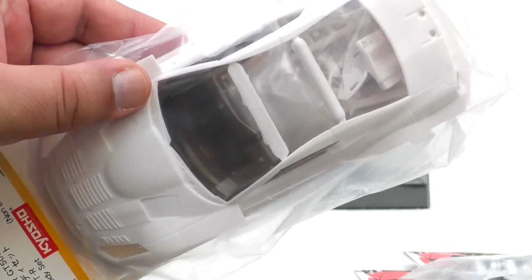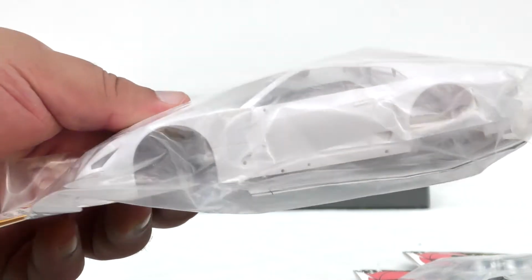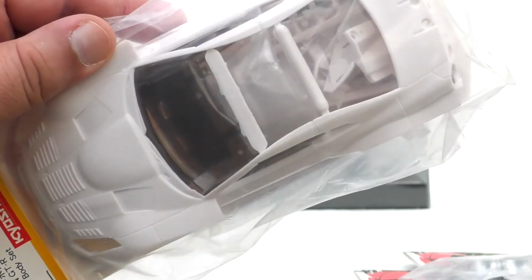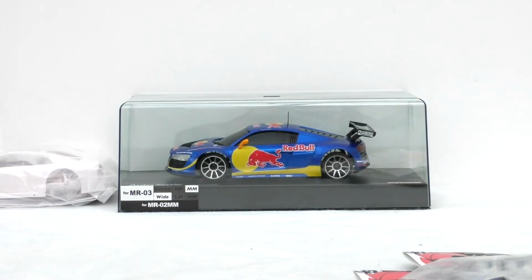So yeah, not a bad shell guys, not a bad shell, and if you can get some nice paintwork on that, I'm sure it'll look pretty cool. Okay, right, now